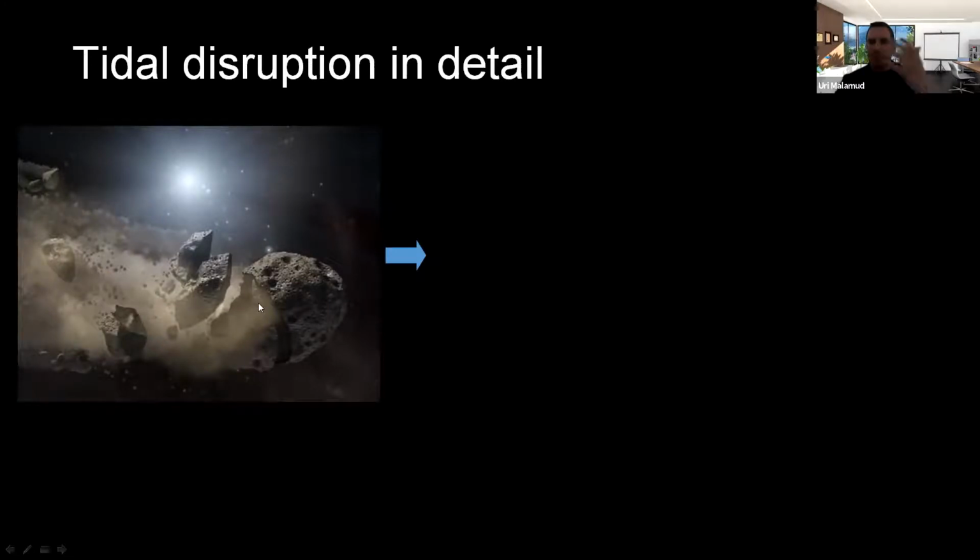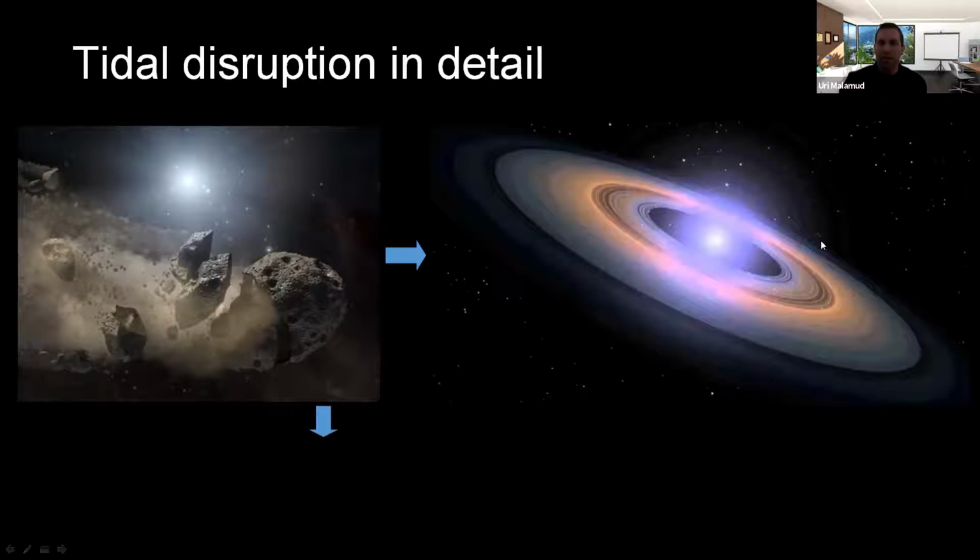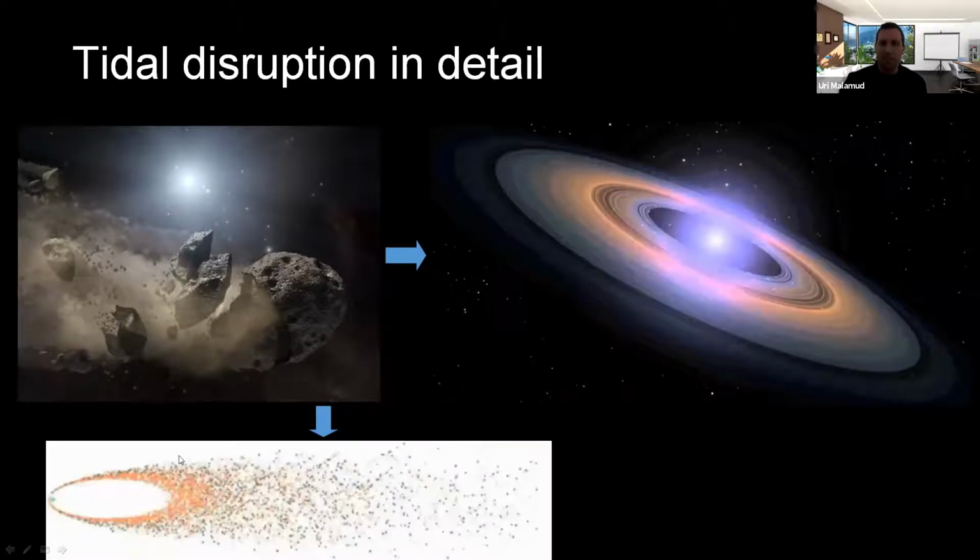So we have some kind of tidal disruption, a planetesimal rips apart. This is just an artist illustration. It actually doesn't look like this. And you need to get to something that looks like this. But actually, as I will show in a minute, you see something like this. This is what you form initially. You form a very eccentric disk, okay?